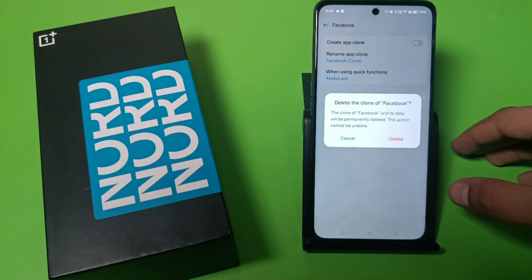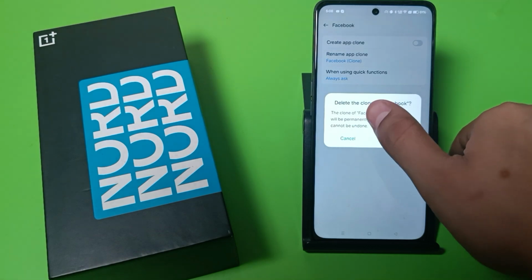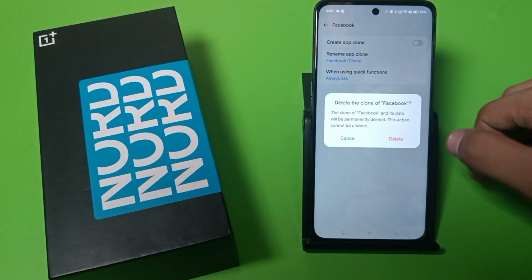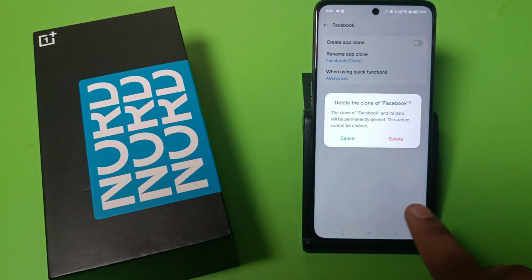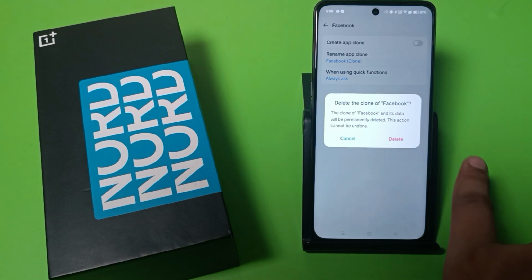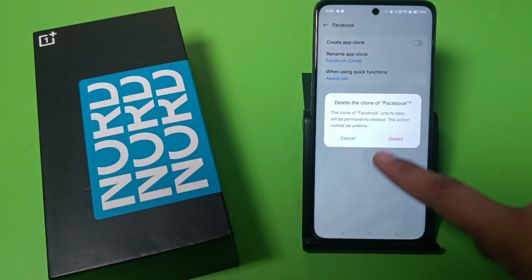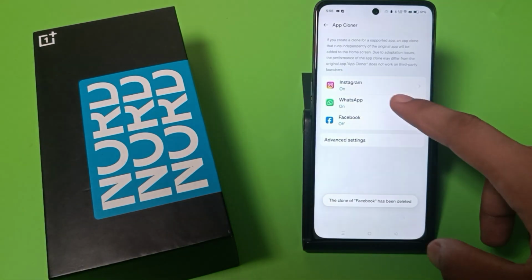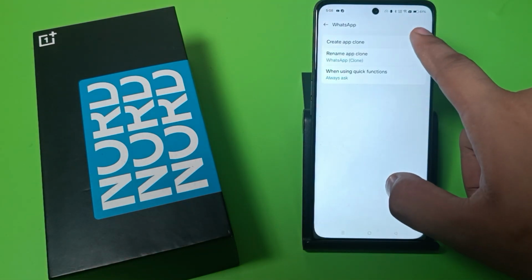You have to simply turn off and delete the clone of Facebook. The clone of Facebook and its data will be permanently deleted. This action cannot be undone. Friends, when you delete your Facebook clone version, it will delete your data inside it and your account also. Just delete all this like this,